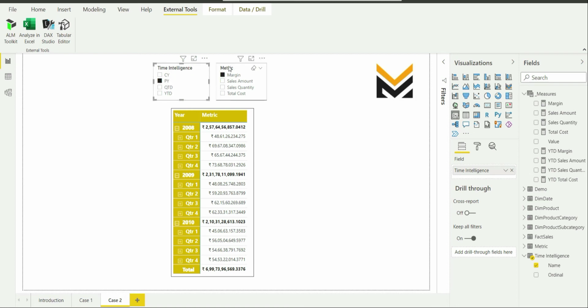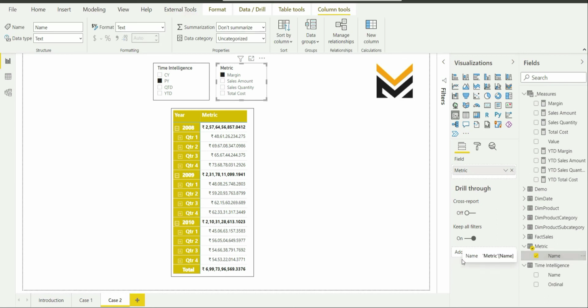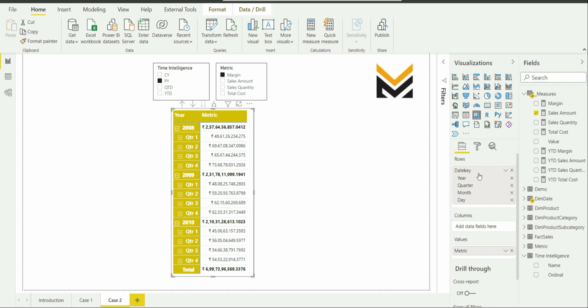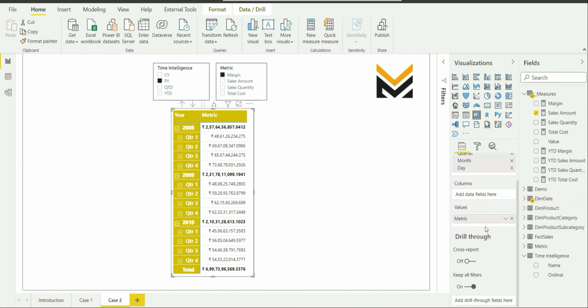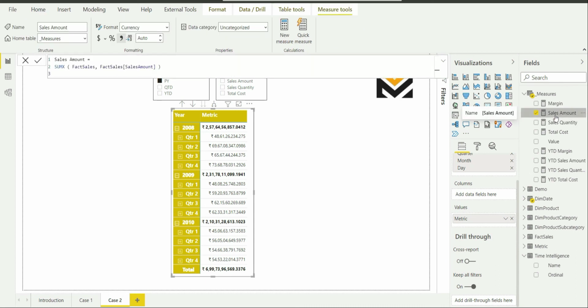If I go to metric, the same thing, name, is used as a filter, and margin, sales amount, sales quantity, total cost are rows of the name column. In this table, date key is used as rows and it comes from the dim date table, and in values I have used the sales amount measure.